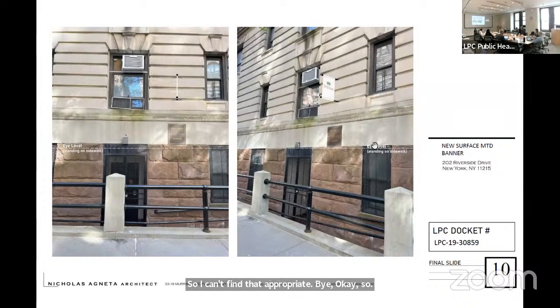In the matter of docket 23-11965-202 Riverside Drive, West End Historic District, a Beaux-Arts style apartment building designed by George F. Pelham and built in 1905. The application is to install a banner sign and legalize the installation of a plaque sign in non-compliance with Certificate of No Effect